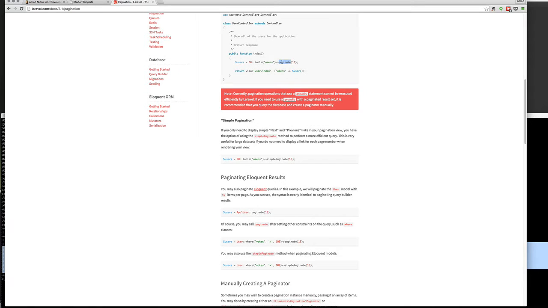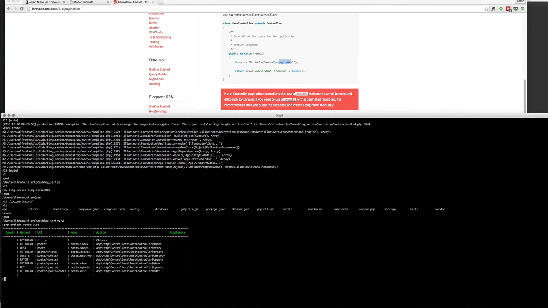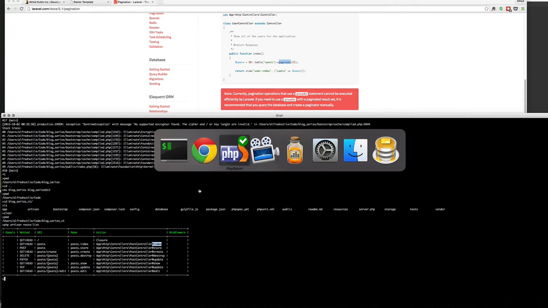We have to use paginate in Eloquent, right? And we have to then output it. So let's go to our Eloquent. Now, if you remember, when we go to post, we're calling to this controller at index, right? So if we go open that controller,